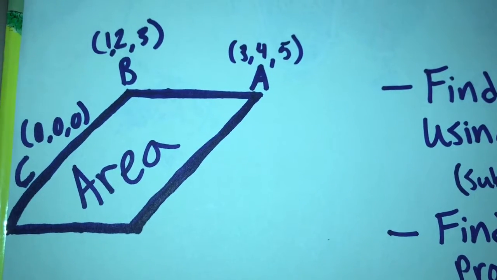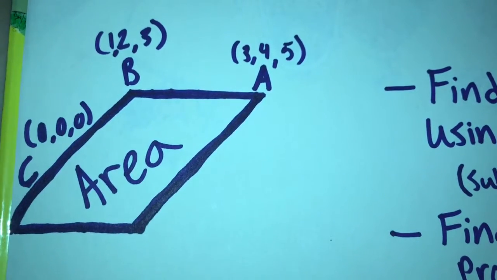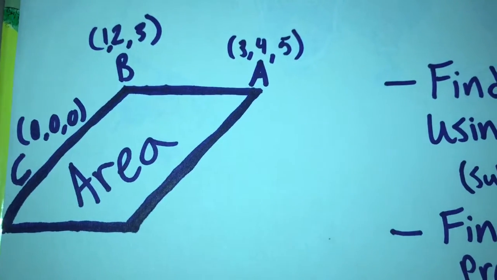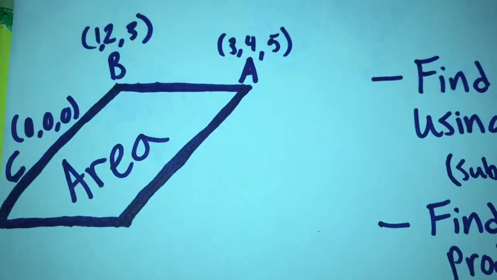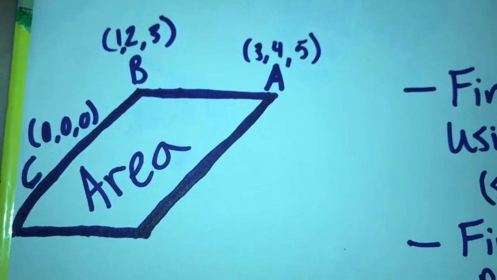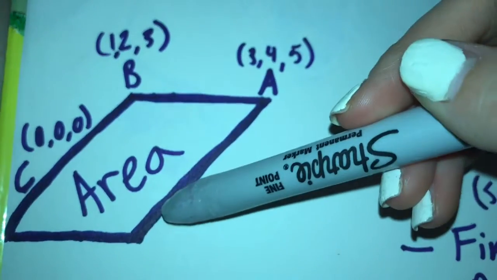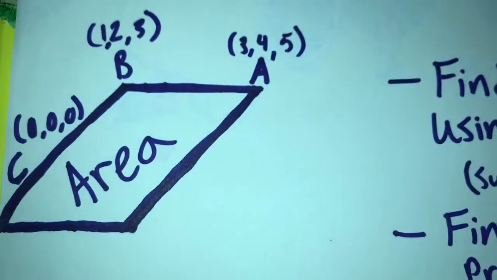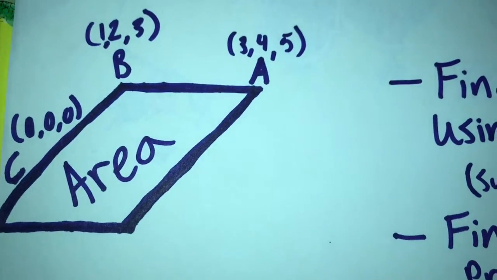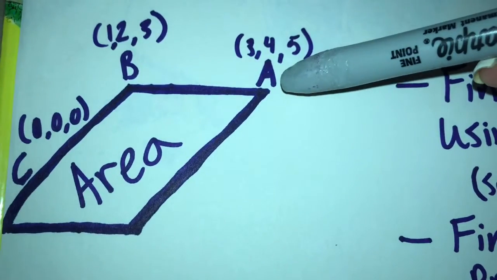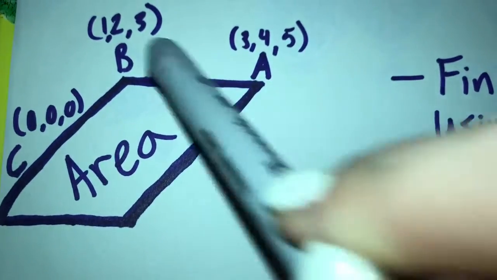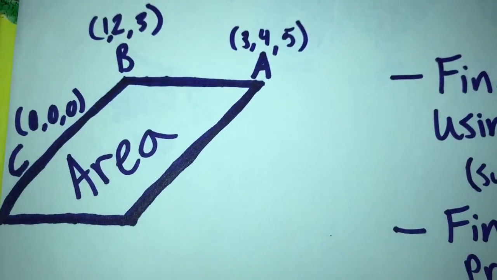An example of when you would need to use the cross product in the real world would be if you were trying to tile a floor. And in order to tile that floor, you would need the area of that floor. So in this situation, the outline of the floor is a parallelogram. We know the vertices and their points, so in this situation we have A, B, and C as the vertices